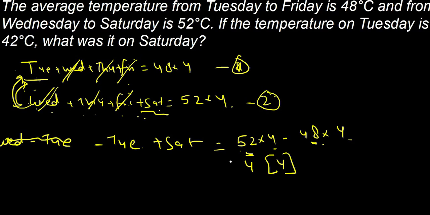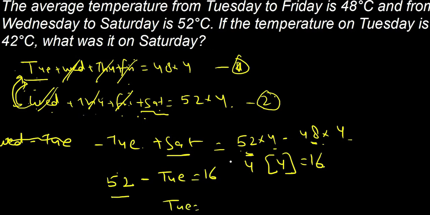So 4 4s are 16. Saturday का वैल्यू, तो Saturday का वैल्यू 52 डिग्री माइनस ट्यूसडे का वैल्यू इज Tuesday is equals to 16. तो Tuesday का वैल्यू कितना हो जाएगा 52, उसमें से आप 16 को ऐड कर दीजिए so that is 68 डिग्री. So these are the fixed questions, ये हमेशा फिक्स होते हैं तो आप better है you're just writing all